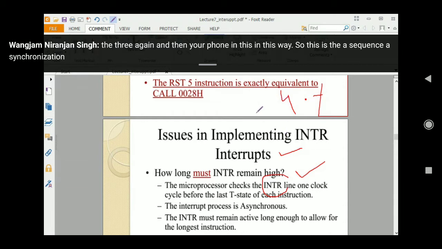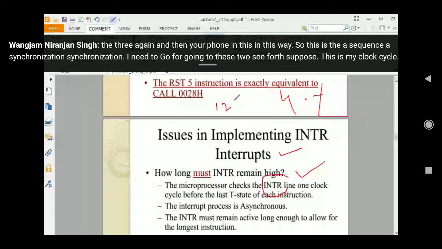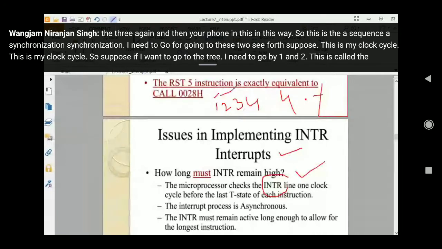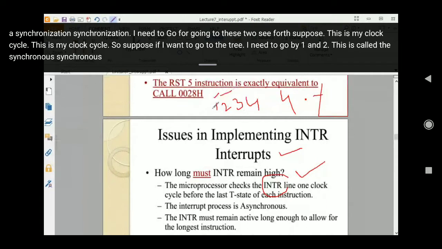Synchronous होने से I need to go for going to this 2, 3, 4. Suppose this is my clock cycle. Suppose if I want to go to the 3, I need to go by 1 and 2. This is called the synchronous. Synchronous का meaning वही है. So this is the concept of the synchronous.